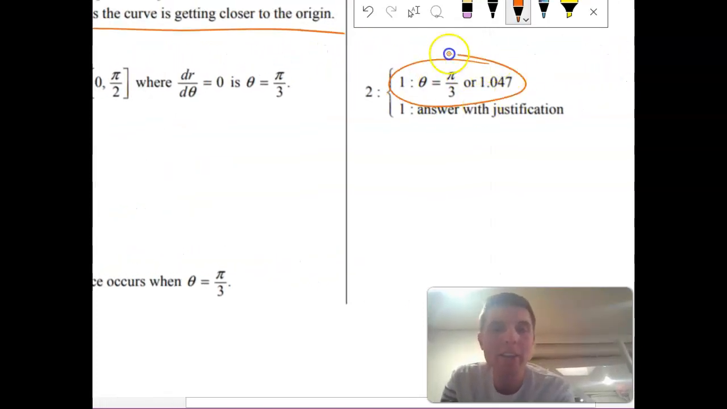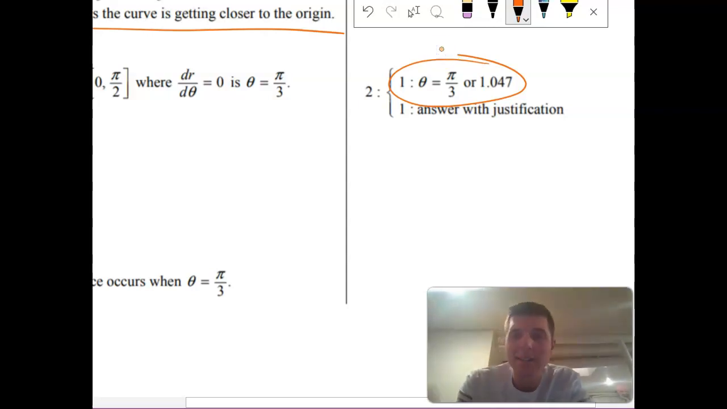They said, hey, as long as you considered pi over 3, right? Candidates test says consider critical points, consider endpoints. Consider the critical point of pi over 3. And then number 2,